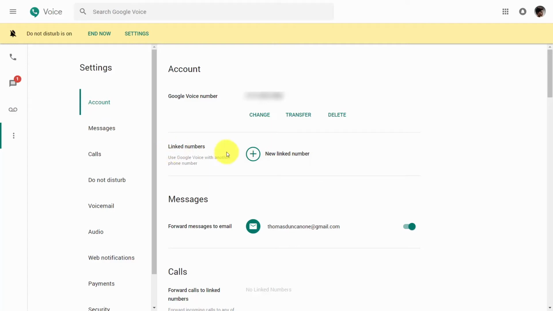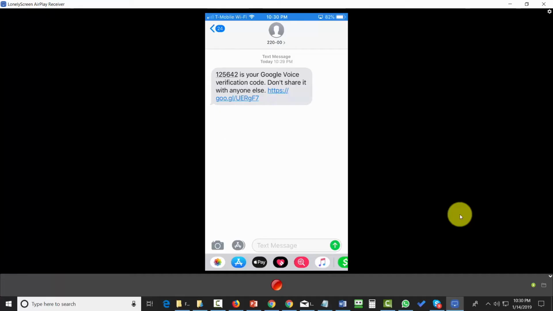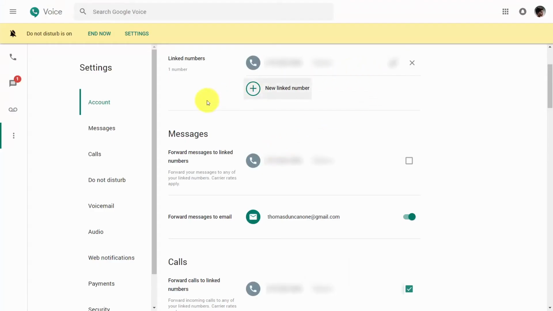And you're going to notice that there is a link here for linked numbers. All you'll need to do here is click this button. And then you're going to write in a number that you want to link to your Google Voice number. You'll then be sent a verification code for Google Voice to your mobile device. You'll want to put that verification code back inside of Google Voice. You'll then have a linked number that your messages and your telephone calls will be forwarded to that number that you have set up. And of course, you can set up more than one linked number